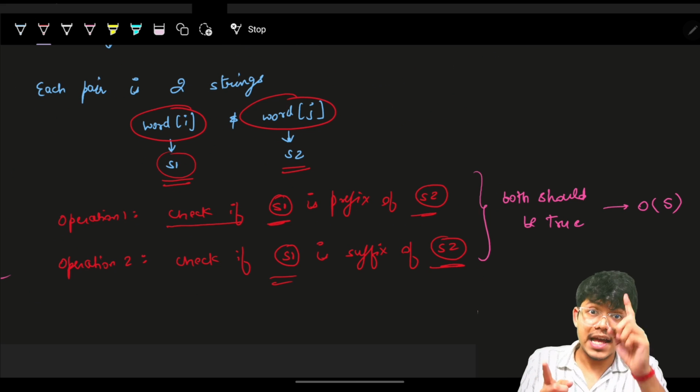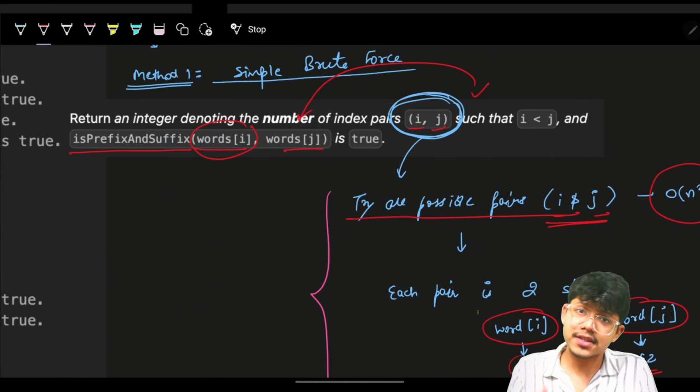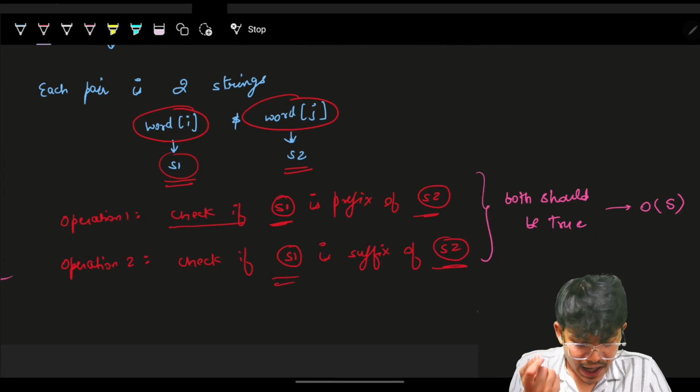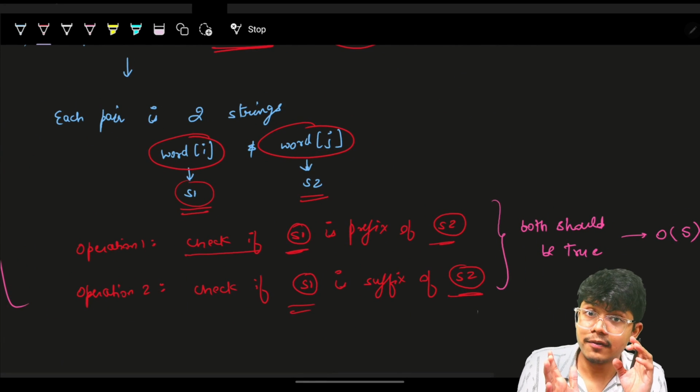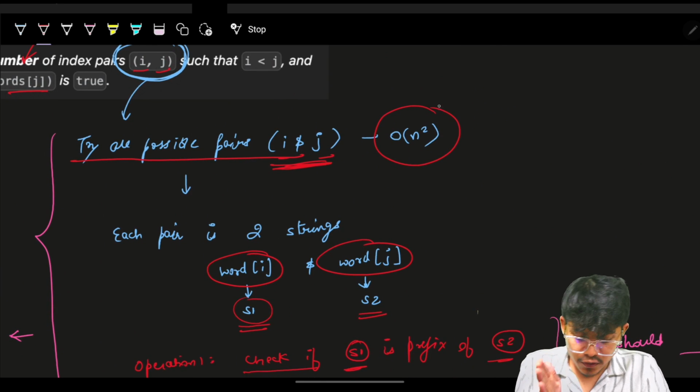If that is the case, and if both of them are true, then I can simply say that the prefix and suffix of these two is actually true, and I can simply increment my answer by 1. So you can simply see, to try for all the i, j pairs, you will take O of n square